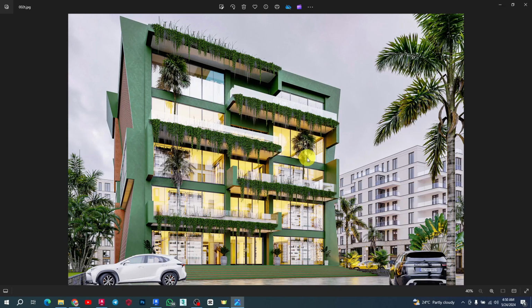As I said, we are going to be modeling and designing a shopping center from start to finish. And if you're looking forward to learning Revit to do this, and then using AutoCAD, Revit,